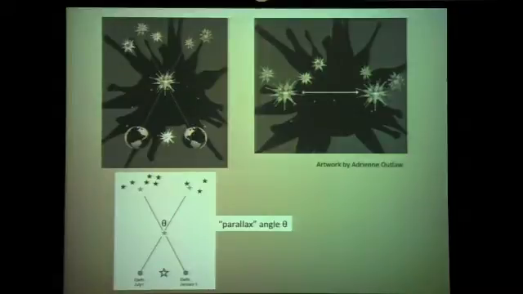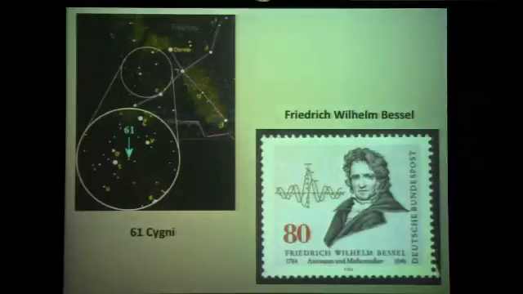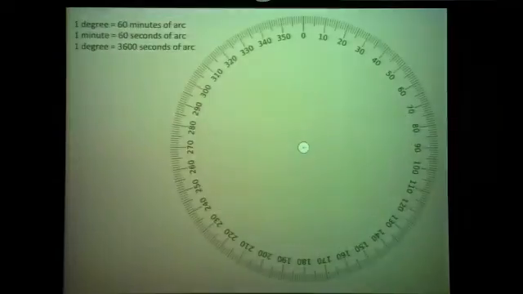And the first person who was able to measure the parallax angle for a star was Friedrich Bessel. And he gets a stamp. All right? I think he's our only stamp today. He is an important astronomer, one of the most important astronomers of the 19th century, because he measured the first parallax angle for a star, which meant he measured the distance to a star. The star he measured was 61 Cygni. 61 Cygni is in the constellation Cygnus. It's not a very prominent star, but